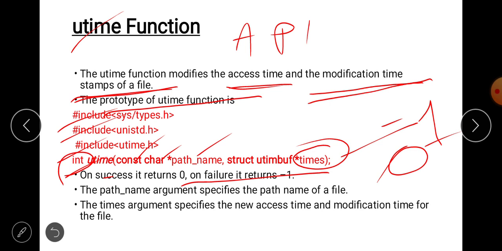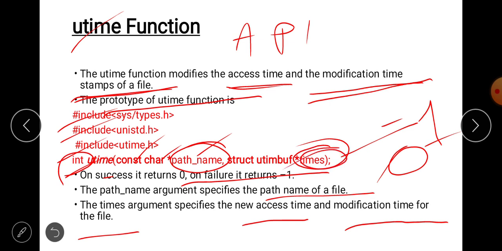The pathname argument specifies the path name of the file. The times argument specifies the new access time and modification time for the file.